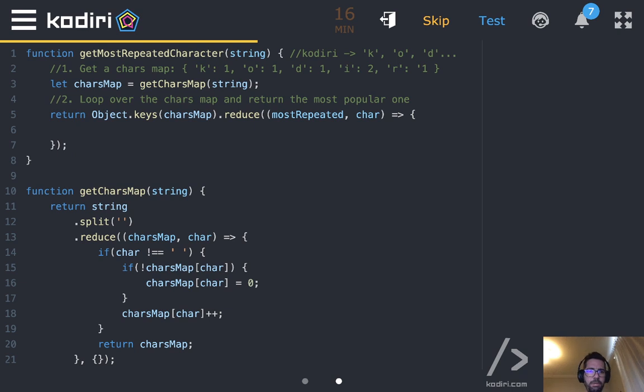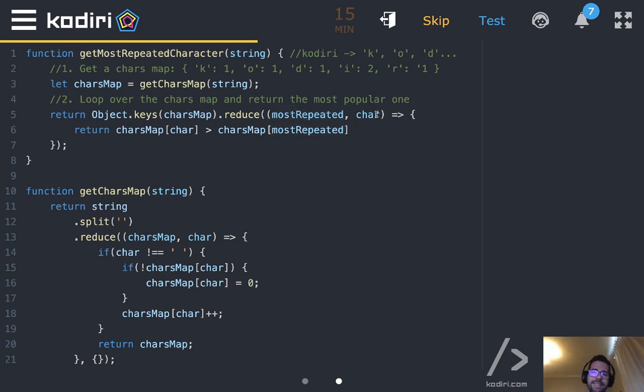So now what I'm doing here is return mostRepeated character. So we're talking about individual characters. To get the value associated to that character, the only thing we need to do is charactersMap of mostRepeated or of character. So I want to check if the value associated to its character is greater than whatever the value associated to the most popular one was.